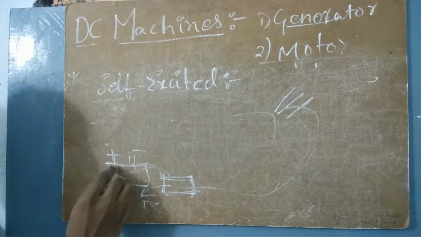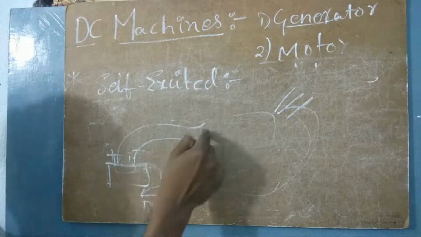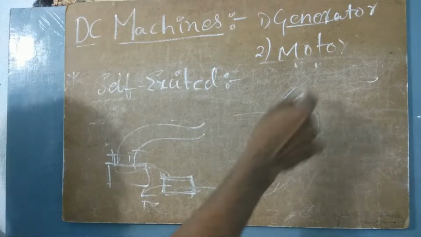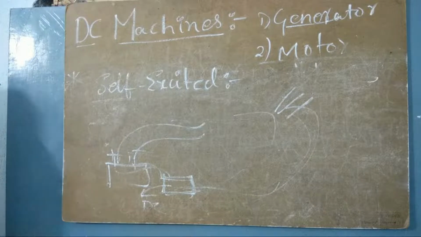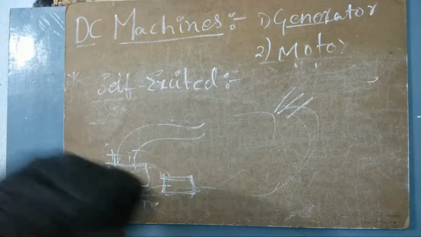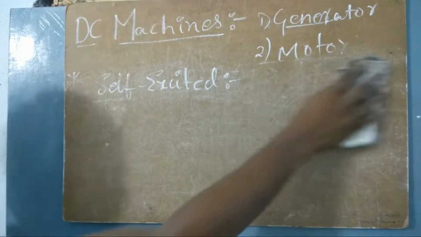With the help of charging, this will again give the excitation. So it is taking excitation, and with that excitation it is producing electricity. With that produced electricity, it is now again charging. That means it is self-excited. What is it called? It is self-excited. Self-excited in the sense that it will excite by itself.